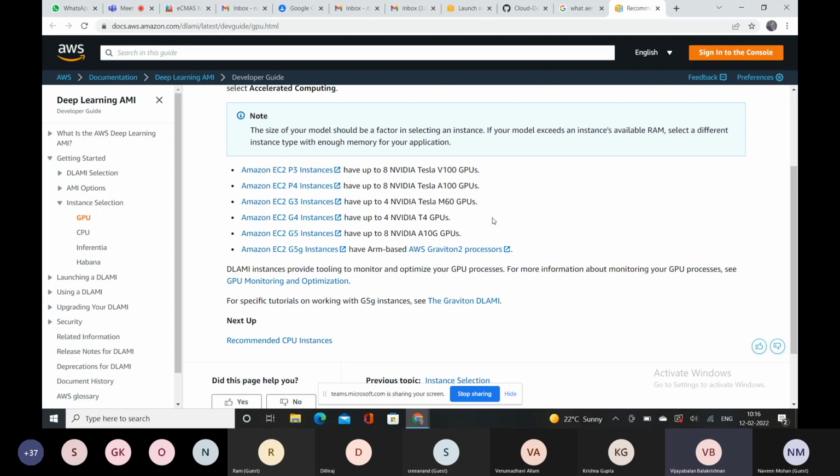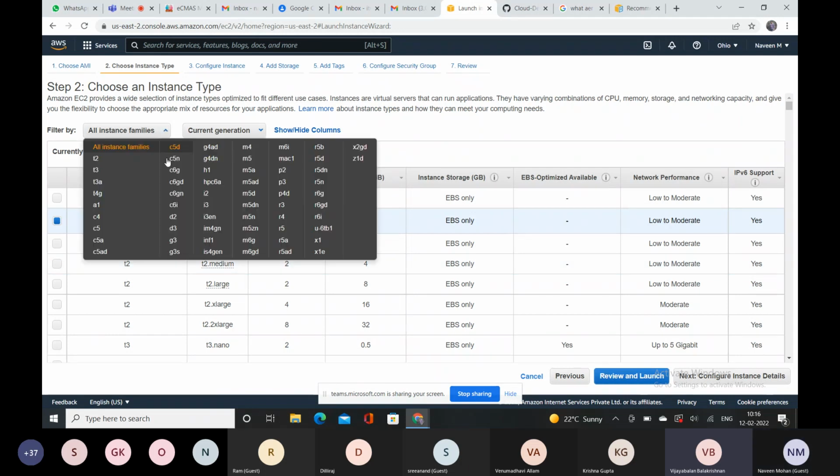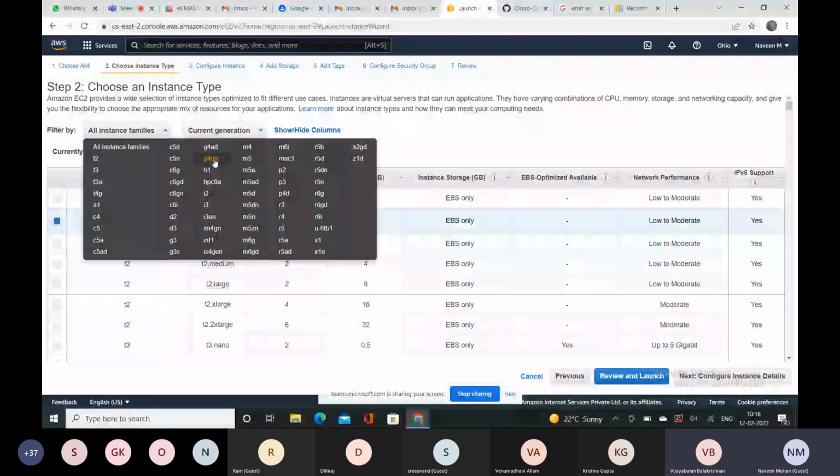But what I'm saying is, can you go back to launch instance? Launch instance and select G5. In the all instance families filter, select G5. G5. Only G4 is there. So there are a couple of areas where you have to select a different one. So what is available as per the recommendation? What is available? Can you go back to your